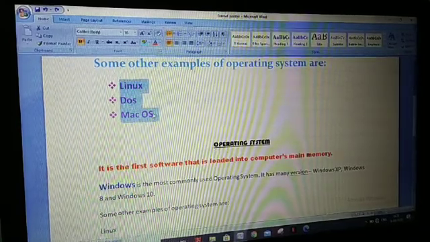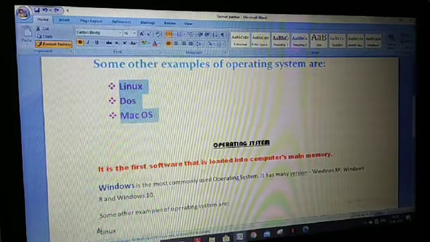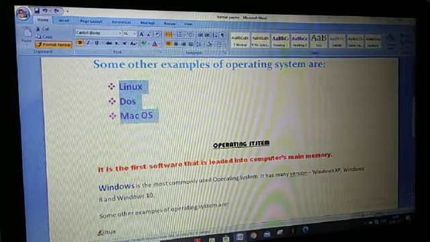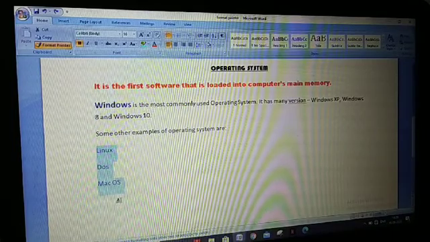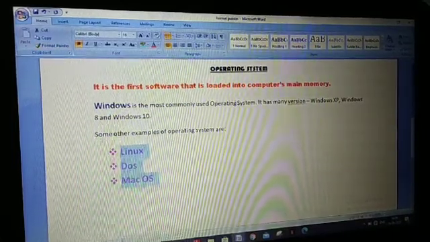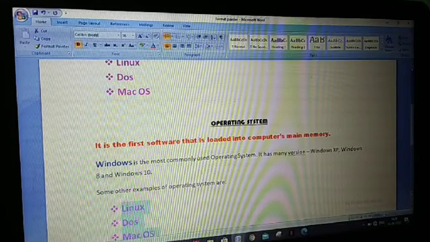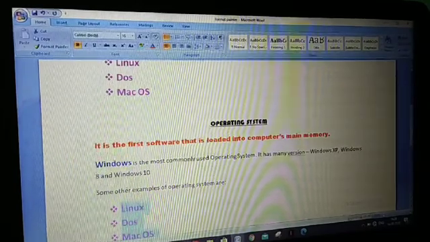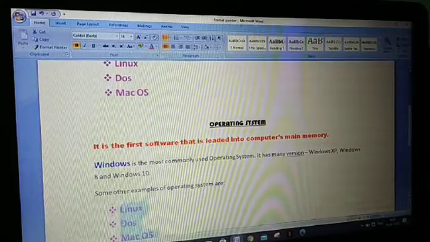The list I selected. Now I select the format painter tool, and when you apply this, you can see the bulleted list has also been copied, with the same color, same bullets. Okay, I hope you now understood how to copy format. Format can be copied through the format painter tool.